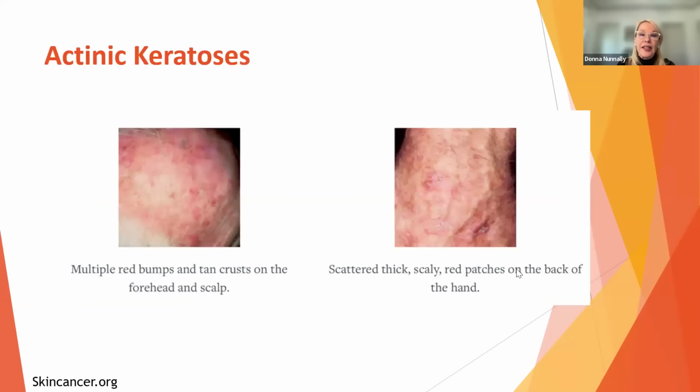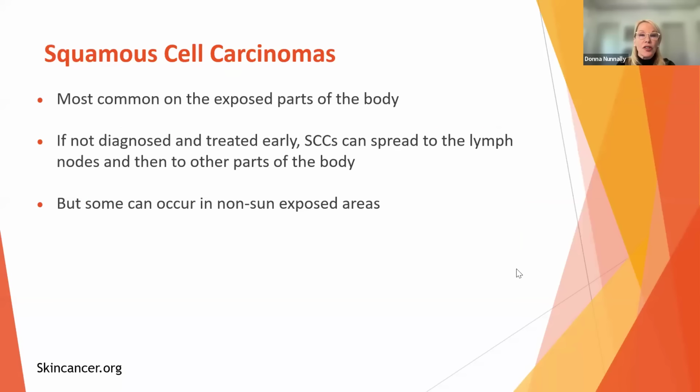On the skin, actinic keratoses appear as multiple red scaly bumps on the forehead and scalp and thick scaly red patches on the back of the hand. And just as seen with actinic keratoses, squamous cell carcinomas are most common on the exposed parts of the body due to excessive ultraviolet light exposure. And if not diagnosed and treated early, squamous cells can spread to the lymph nodes and then to other parts